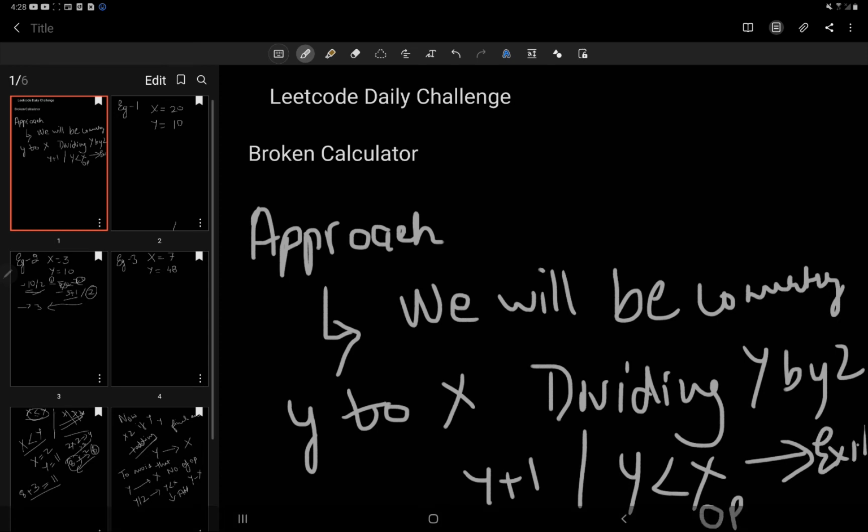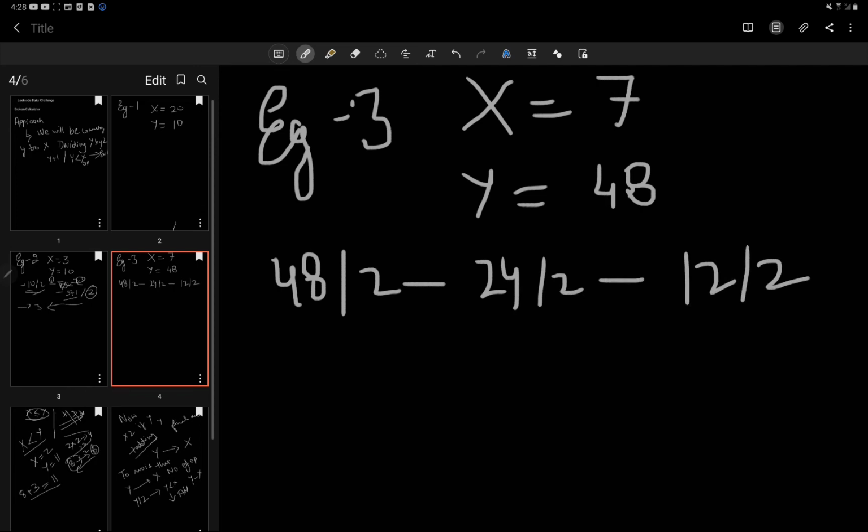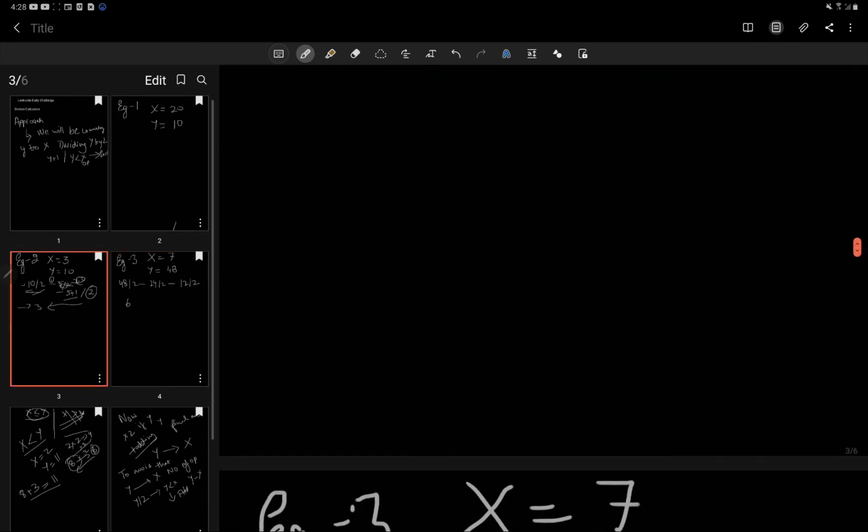Okay, so let's see this example. The number is 48. 48, as we know, is even. 48 by 2, the first operation, we get 24. 24 by 2, we get 12. 12 by 2, we get 6. And 6 is less than